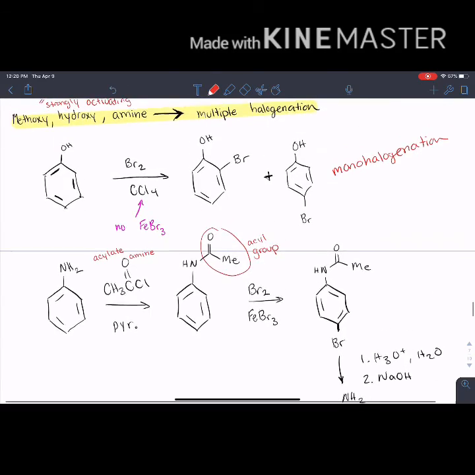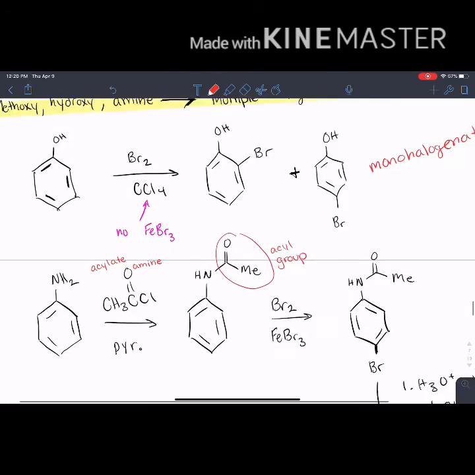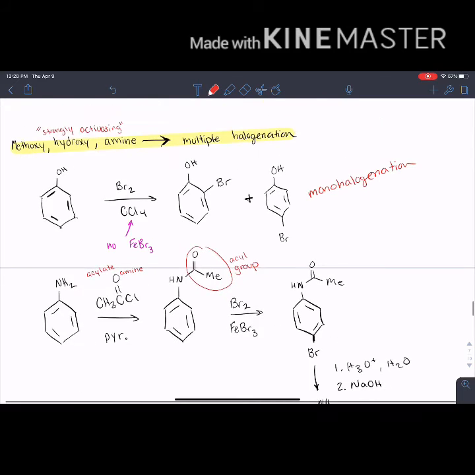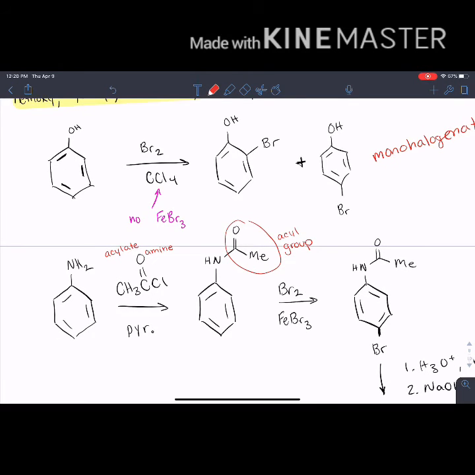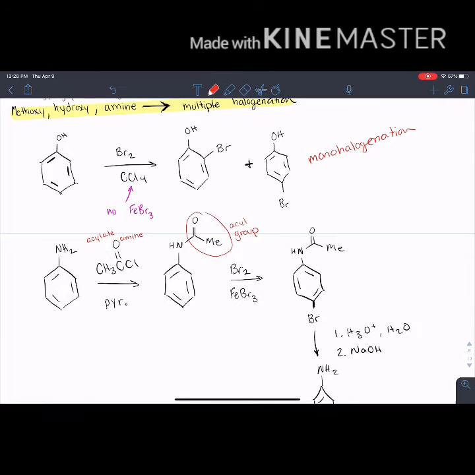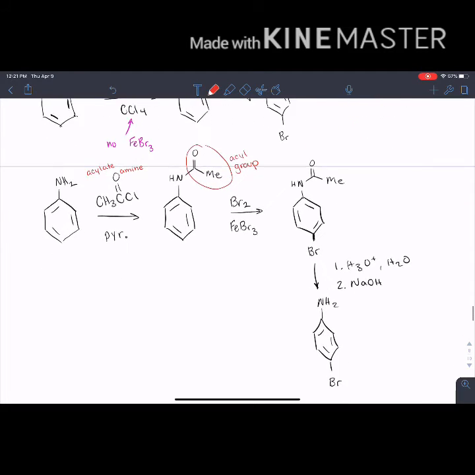Same thing for aniline derivatives. So you need to acylate them. Any amine substituent on the benzene will be highly activating. So if you want to just monohalogenate, you need to go through a slightly more complex process, but overall you're just making it moderately activating. So acylating the amine is going to be a common pattern that we're going to see to make it moderately activating. So you acylate with